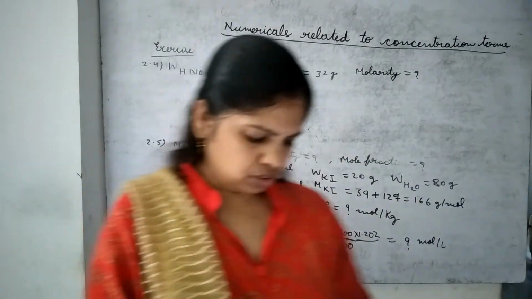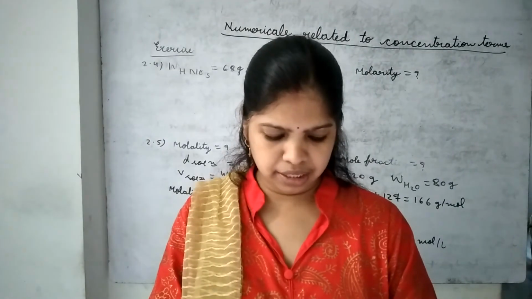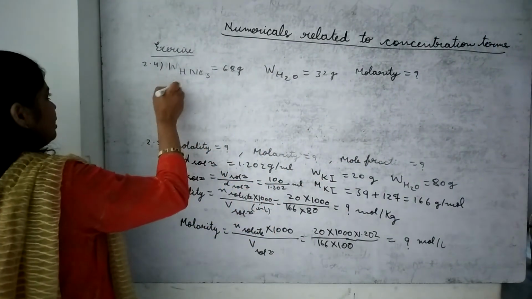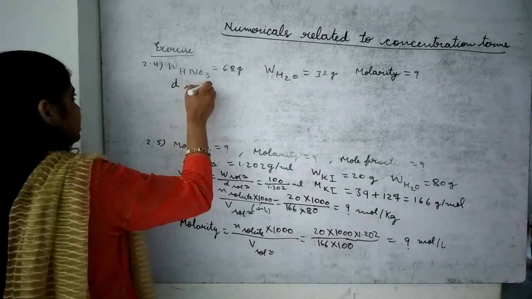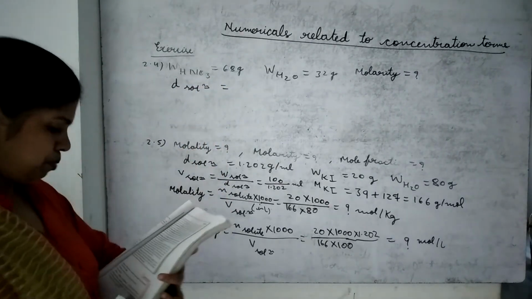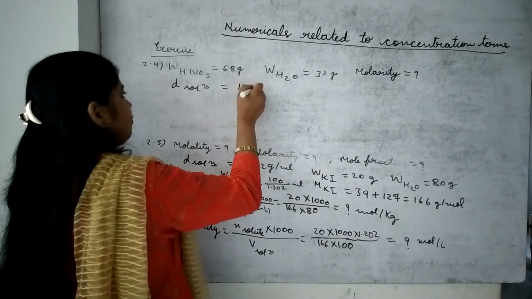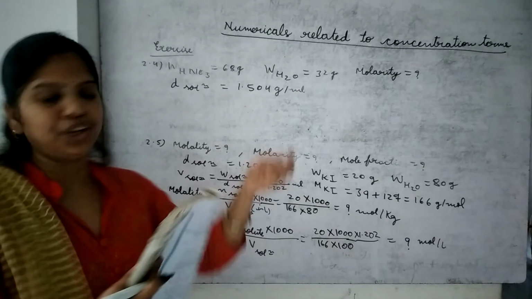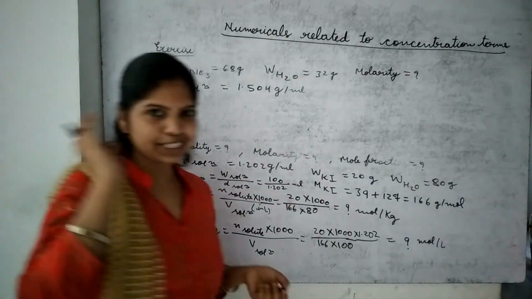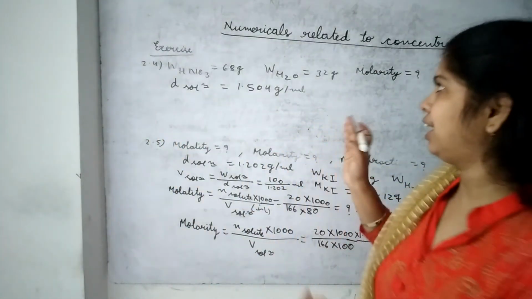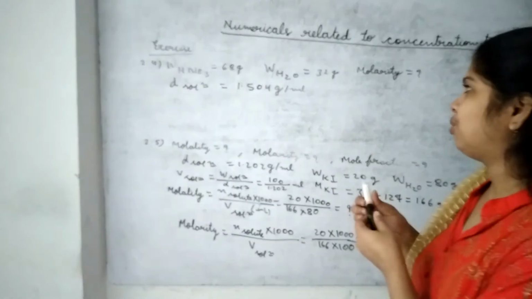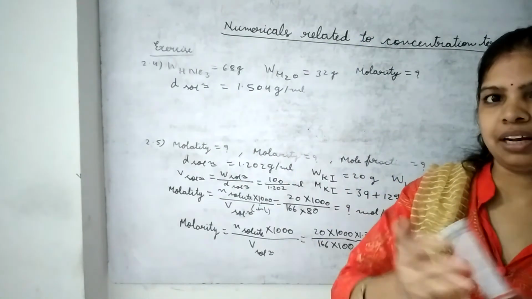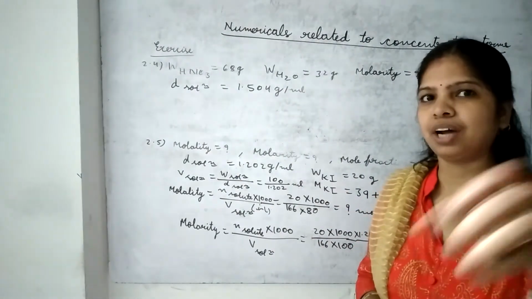Molarity of such a sample of the acid, if the density of the solution is given. Again see, the density of the solution is 1.504 gram per ml. Now here we are going to find molarity. Is it similar or not? मुझे तो लग रहा है एकदम सेम, बस वैल्यू उठाकर डिफरेंट रख दिया गया और केमिकल इज डिफरेंट, एवरीथिंग इज सिमिलर. क्या नए पैकेट में आपको पुरानी चीज दे दी है?